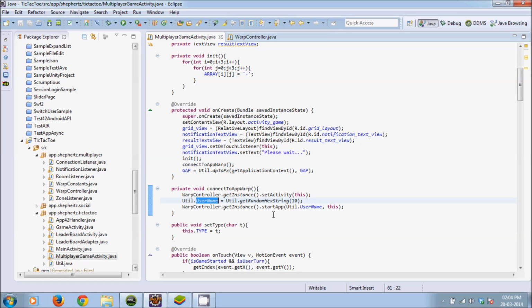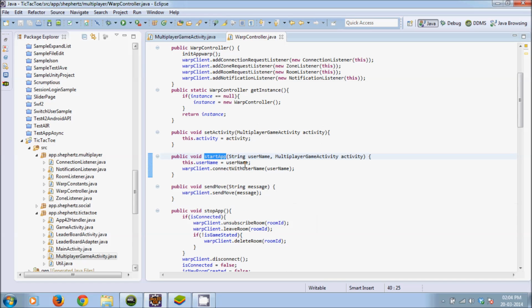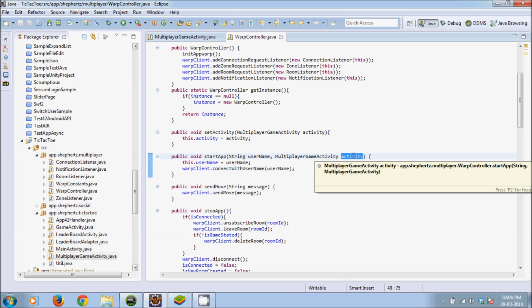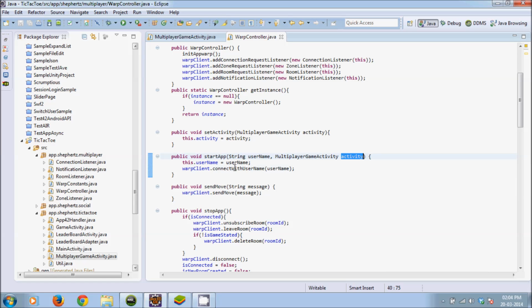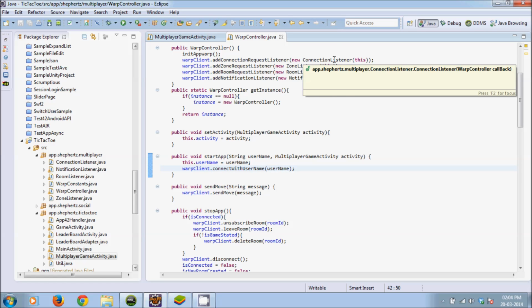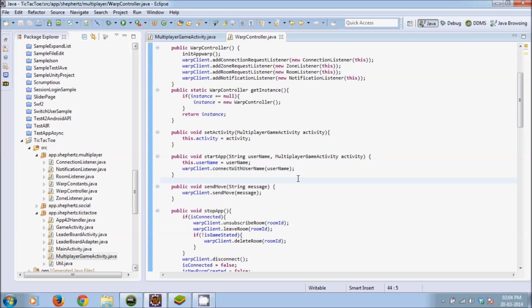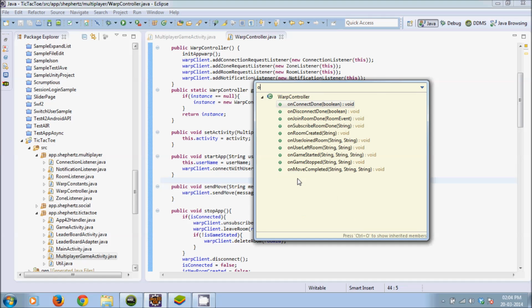So I create a random string of 10 characters, a random and unique user that must be joined to a particular room while making a connection. I create a username and call a method, start app. In start app, we pass the activity and the username first. Now I make a connection with the